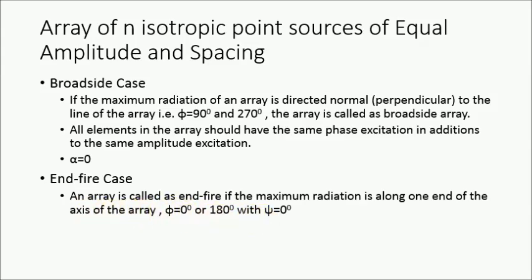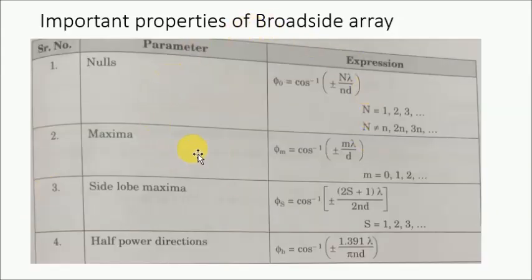Now we will see that if I put the condition for the broadside array in the linear array, then I will get the parameters. The parameters we have seen in the last video lectures of linear array with the phase excitation alpha, from which we can obtain the expressions for broadside array by putting alpha equal to 0. So simply put alpha equal to 0 in the expressions obtained for the linear array in the last video lecture. If you observe the part 1 video lecture, you just put alpha equal to 0 there.